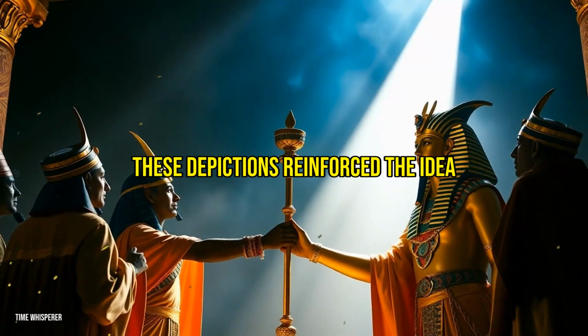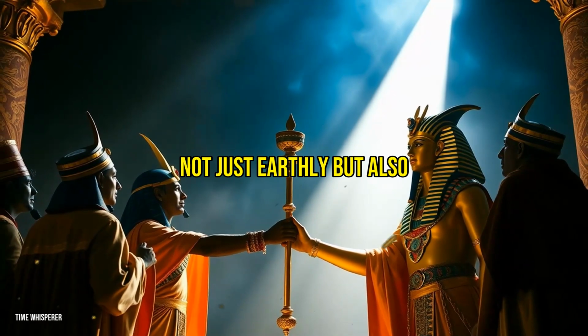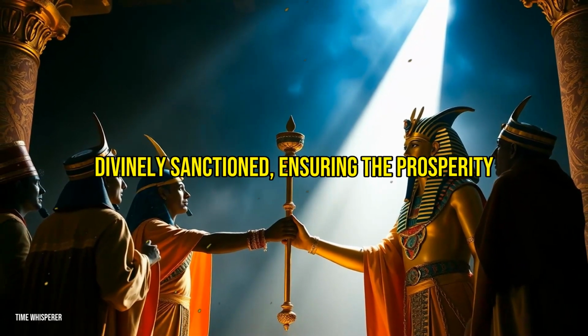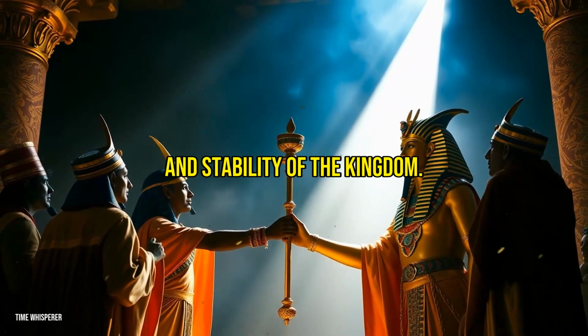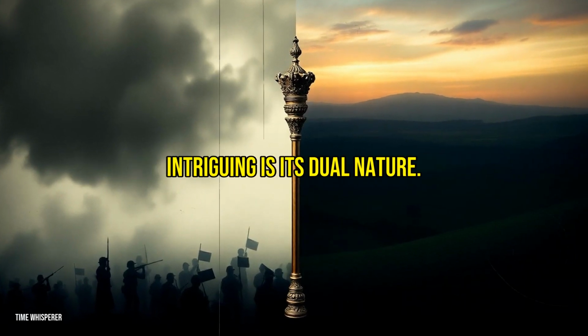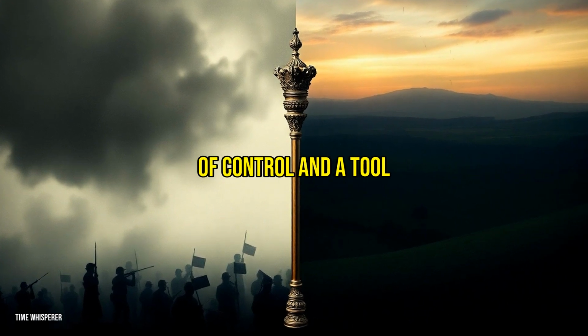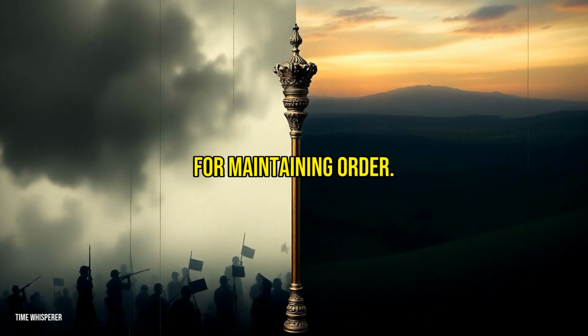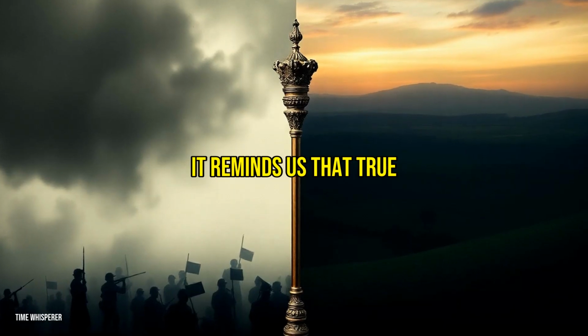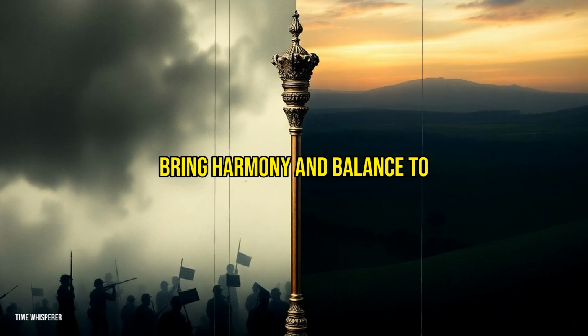These depictions reinforced the idea that the ruler's power was not just earthly but also divinely sanctioned, ensuring the prosperity and stability of the kingdom. What makes the scepter particularly intriguing is its dual nature. It was both a symbol of control and a tool for maintaining order. It reminds us that true power lies not in domination but in the ability to bring harmony and balance to